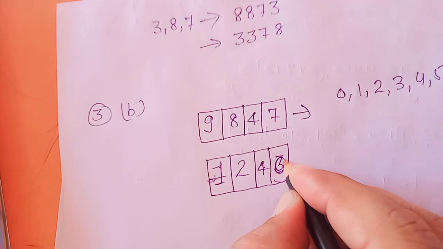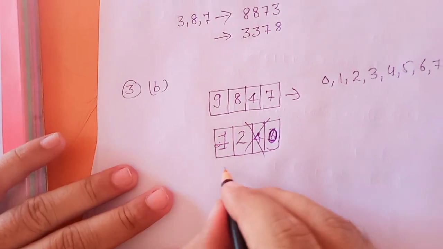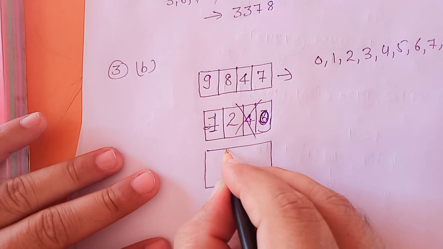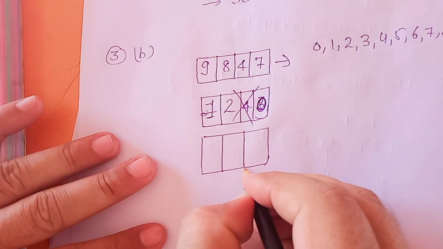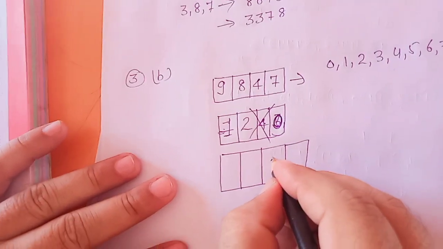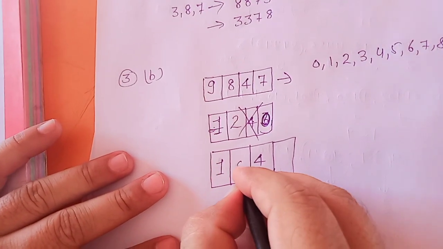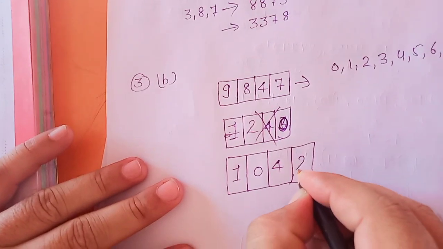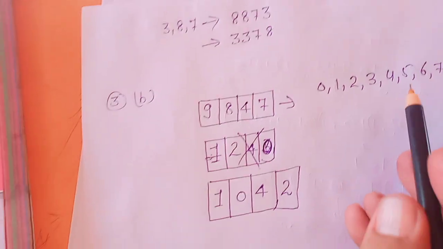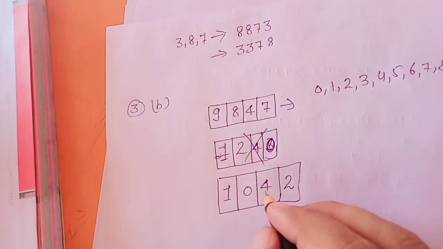Sorry, 0. Again I am telling this. So what can you write here? The problem in this is this. Again I am telling here, there is some problem. So like this. So one more. So 4 is here and 1 is here, 0, and here is what? 2. This is the 4 digit smallest number by using these digits without repetition of the digit, and 4 is at tens place.